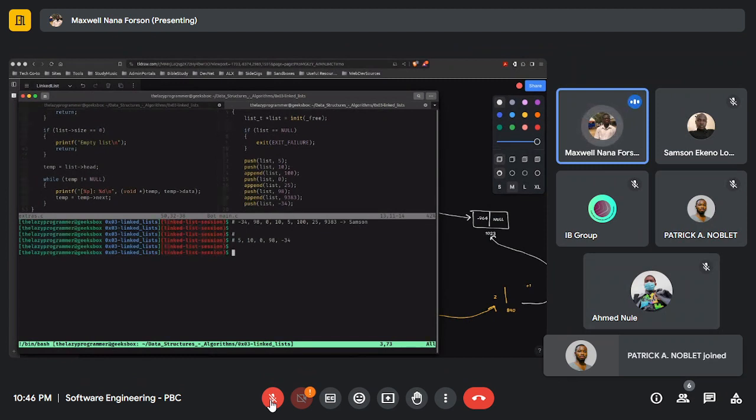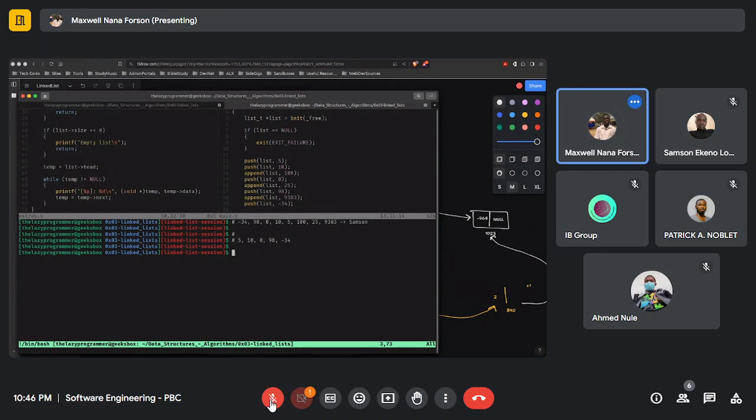Here we are not inserting within the list, we are inserting at the end or at the beginning. Every time we push we are inserting at the beginning of the list,